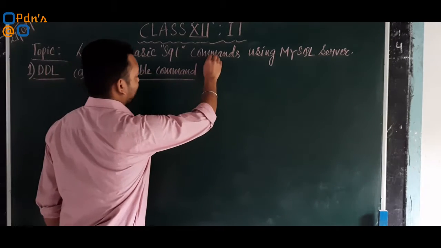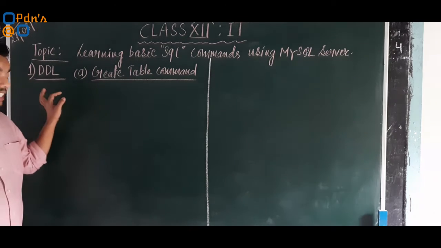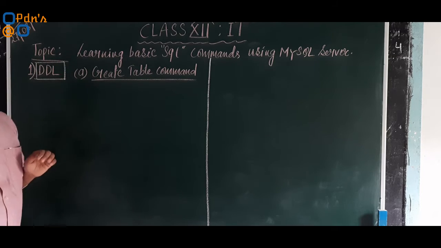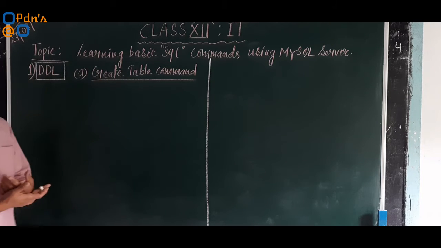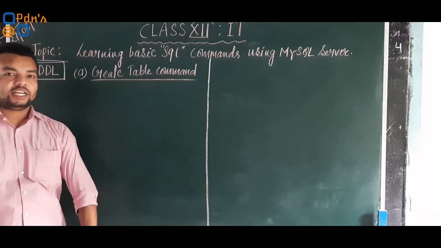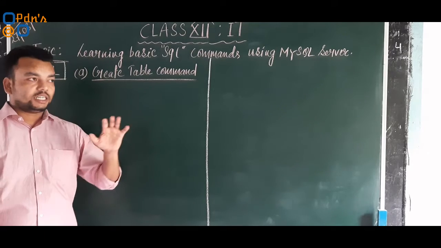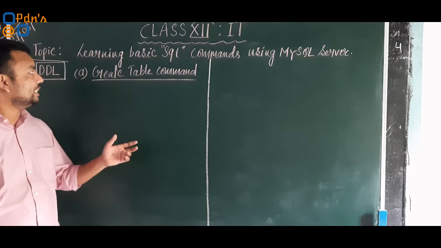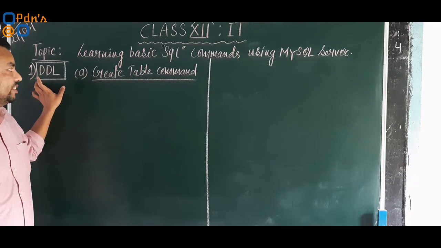So the first command which we are going to discuss here is the DDL. As I said earlier, DDL consists of 4 sets of commands, so we will discuss all those commands one by one. DDL stands for data definition language. Whenever we need to create the definition of a particular database, say insertion of a table, or maintaining a relationship between two tables inside a database, we go ahead with this set of commands, which are also called by another name, that is DDL, data definition language.